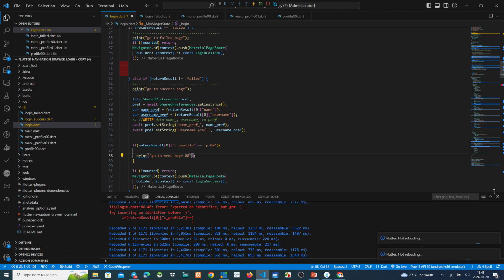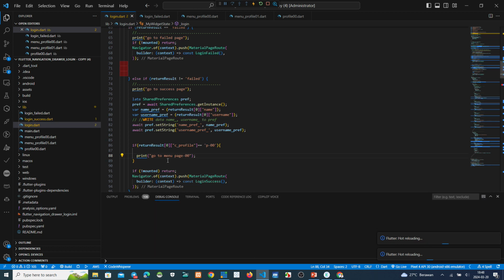We can see the print on the debug console.